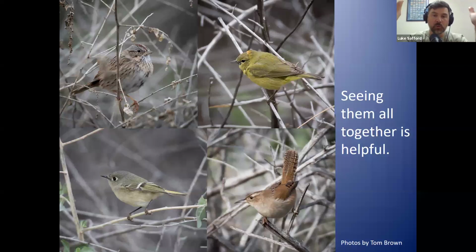And I thought it was really cool to be able to see those 2 different species, and not just different species, but different family groups together, seeing how the body structure was different, seeing how their posture was different, seeing their bill shape was different, and reminding myself and sharing with our trainees how great it is when you're leading a field trip that if you see birds together like that, to take a moment to just notice those differences together and verbalize it and talk about it. And so it goes right along with this first thing. Seeing these different families together